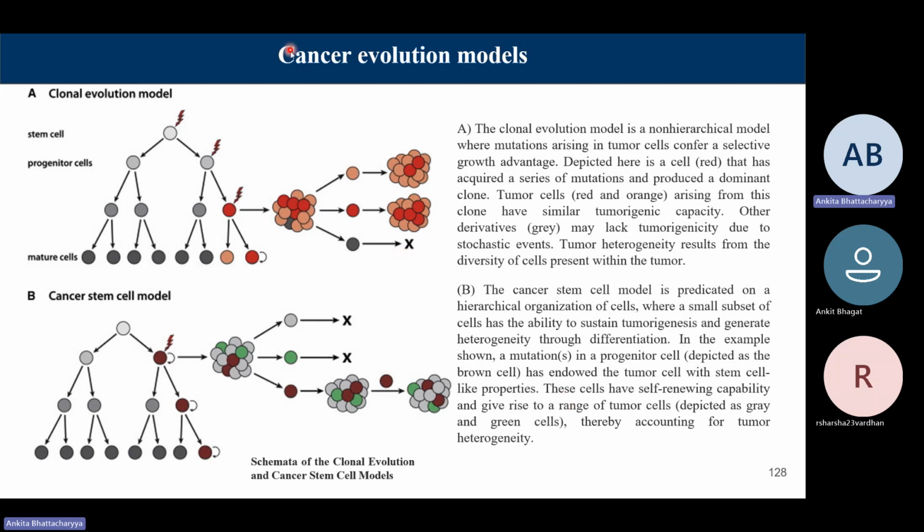Now, both of these models might seem really similar, and their overall appearance gives you quite a lot of similarity, but the difference between the two comes from the fact that there is a stem cell involved. If you have learned a little bit about stem cells, you would know that they have a couple of characteristic features. The first is the ability to keep on dividing, the ability to self-renew, which means that they can keep on producing more and more of themselves. Thirdly, the ability to generate all of the subtypes of that